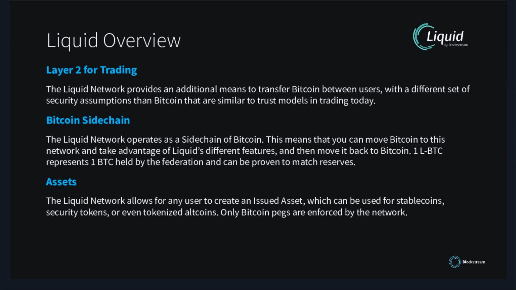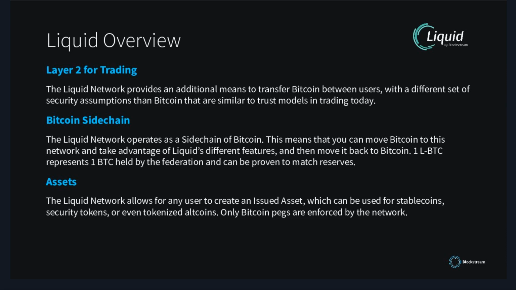And besides Bitcoin, you can actually create any arbitrary asset on the Liquid sidechain. So this means you could create a token that represents a stablecoin or a security token or even any other cryptocurrency as well. You create the asset in an amount that you specify, and then all transactions that use that asset moving forward will make sure that the supply doesn't change and that when you send a transaction, your recipients receive the same amounts of what was sent. This is something that's enforced by the network to make sure it's correct, but only Bitcoin pegs are actually